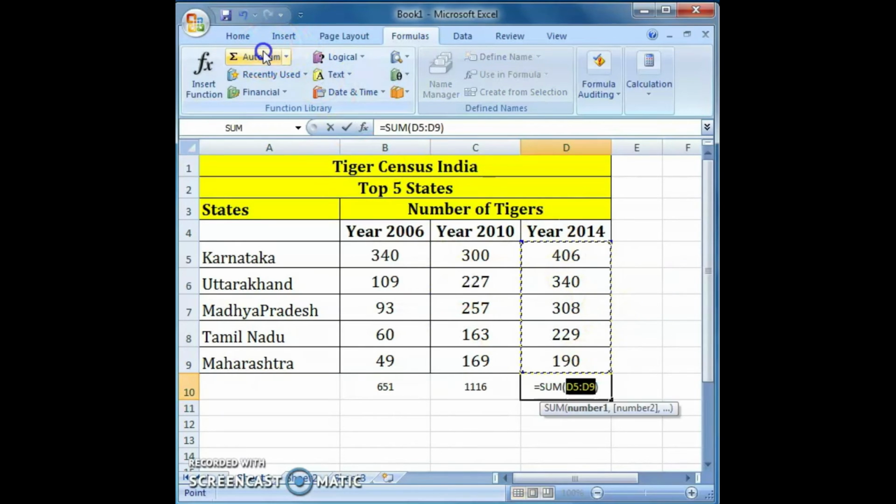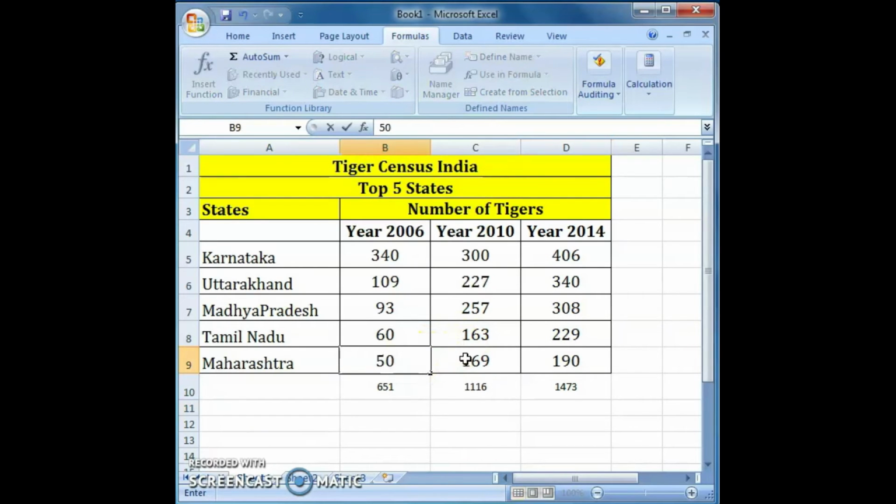Here also we can apply this AutoSum option. If you change any of the values in the cell range used in the formula generated through AutoSum, the total gets recalculated automatically. This is one of the most powerful features of Excel. Just check this one. Here I changed the value to 50. Automatically the total changed. Okay, clear?